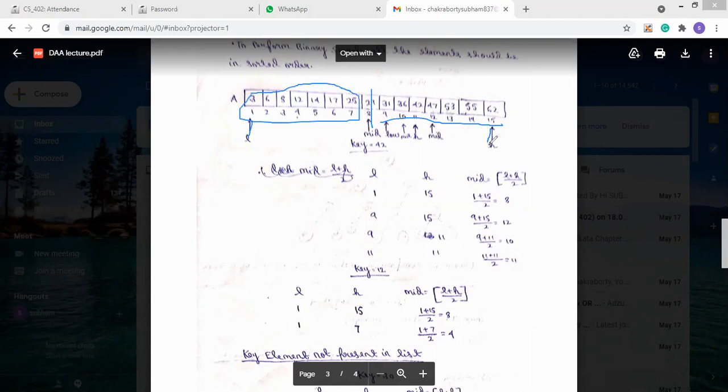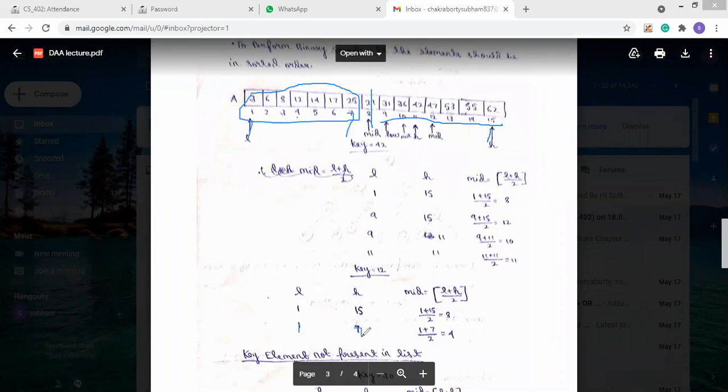So what will we do? We'll move the high to mid minus 1. So our low stays the same at 1, and because we are searching in this list, we move high to mid minus 1. So it will become 7.